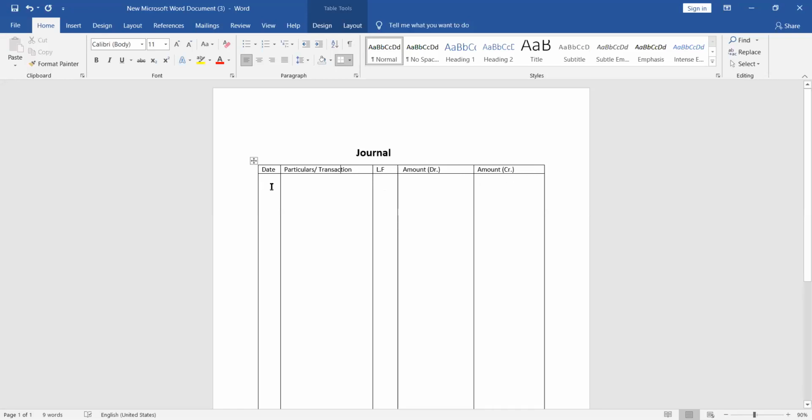Let's start with the first transaction. First transaction, what can be the first transaction can be amount invested by the entrepreneur. Whenever any entrepreneur starts a business, I want one more page here. It is not there. So please write the transaction in your notebook as well. Please write down, everybody, amount invested by the entrepreneur.